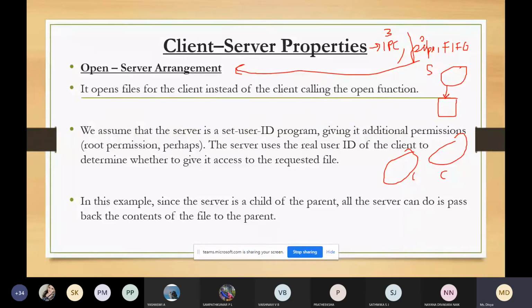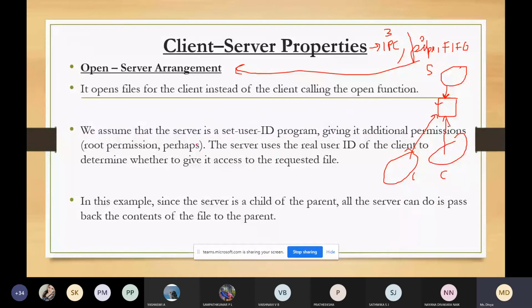So if the client and the server want to share the file, the server will create or open this file, and the client can refer to that file content.